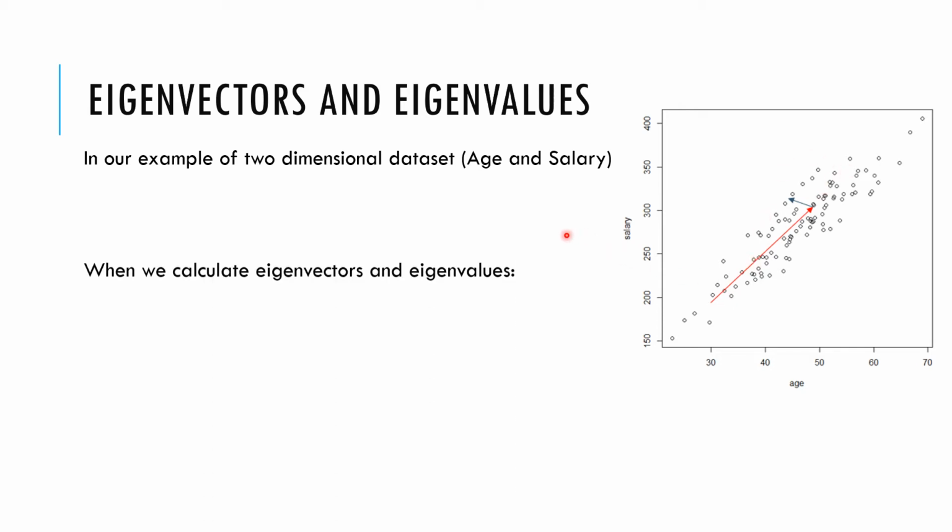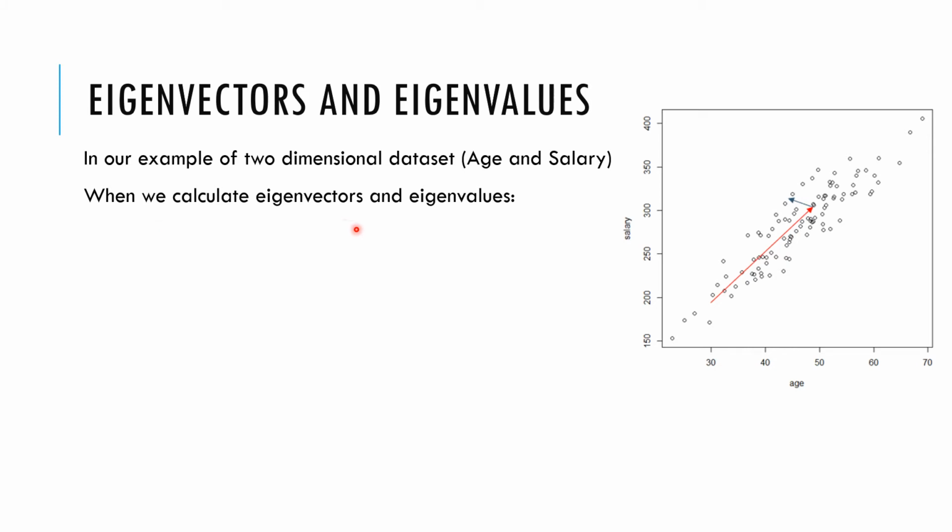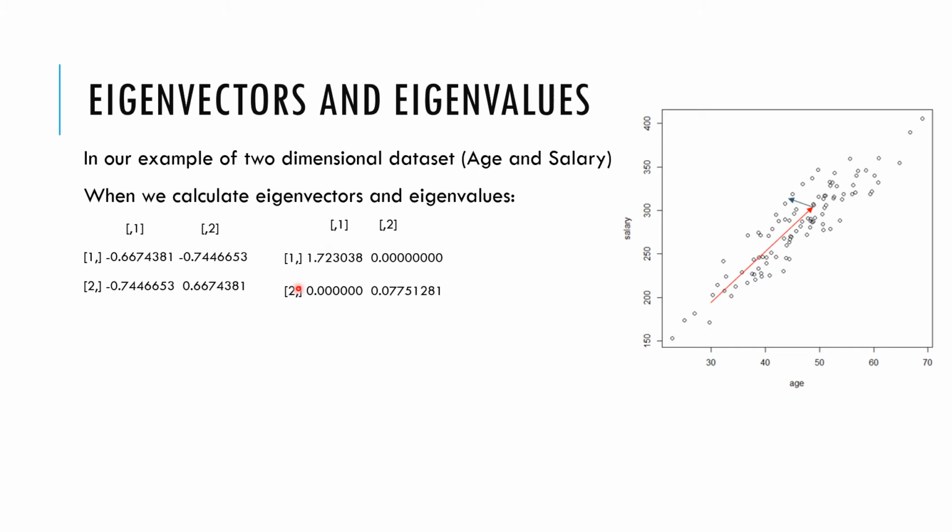In two-dimensional space. So when we calculate the eigenvectors and eigenvalues, this is what we get, right? This is the eigenvector, okay, and this is eigenvalue. So the first column that you see is the first eigenvector. Okay, second column is second eigenvector. Since there are only two variables, there'll only be two eigenvectors and only two eigenvalues. So you see this is diagonal. So these are two eigenvalues. So first eigenvalue is related to the first eigenvector, and the second eigenvalue is related to the second eigenvector,